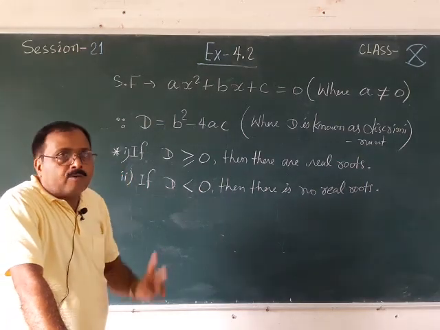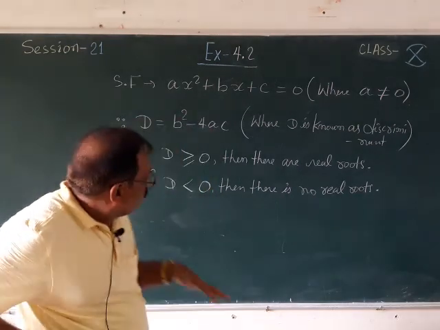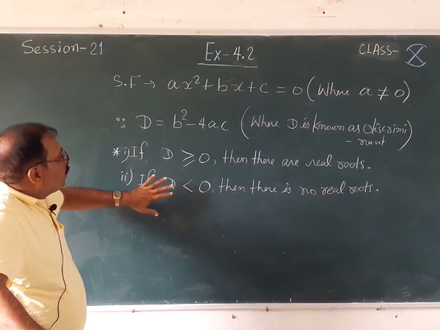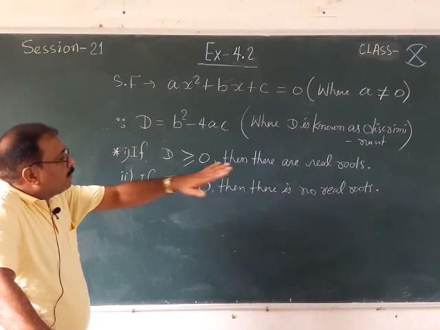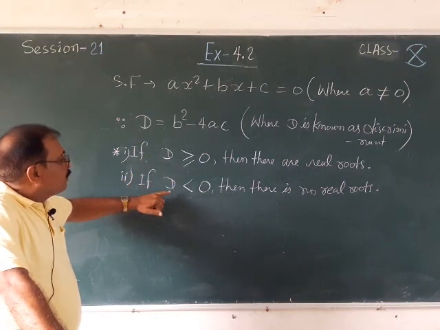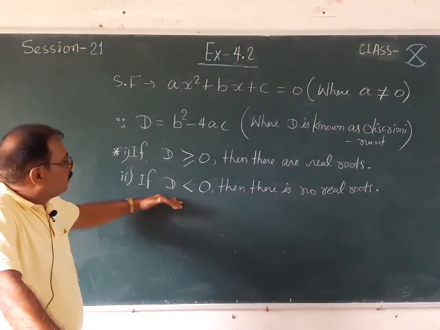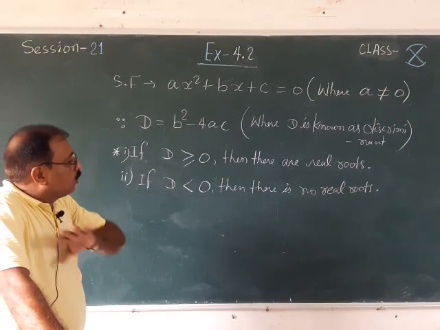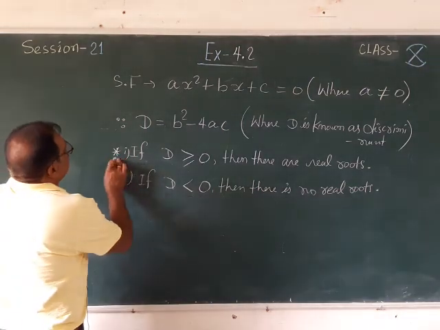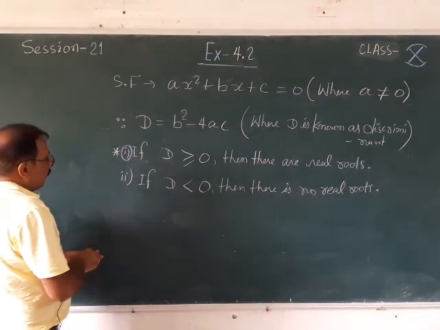You know that a quadratic equation has two roots. One is known as alpha, another is known as beta. So if D is greater than or equal to 0, then you have real roots, and you will find the roots. And if the second condition exists, that means D is less than 0, then there is no need to find the roots. You will just write the statement: since D is less than 0, there is no real root. And if the first condition exists,